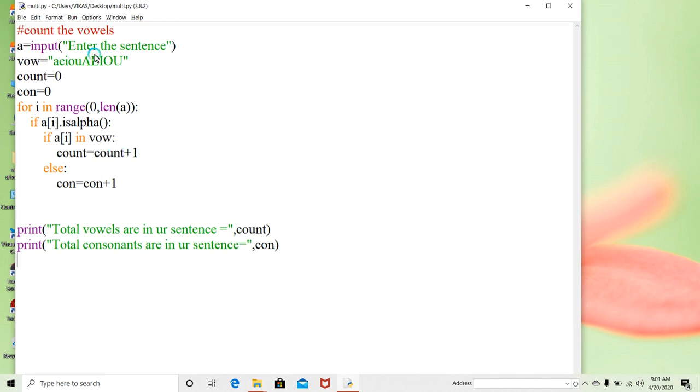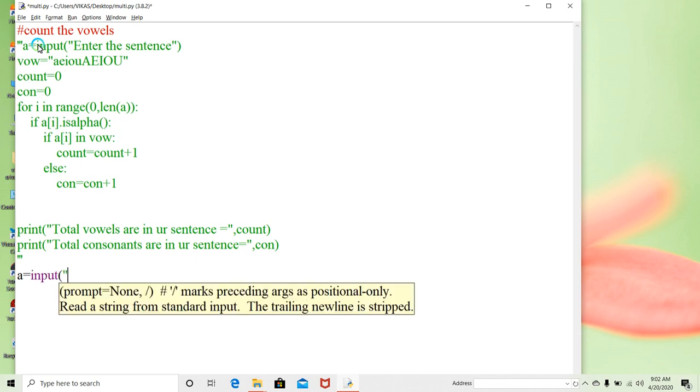Then again, this is one program. I have given also one input: enter the sentence.